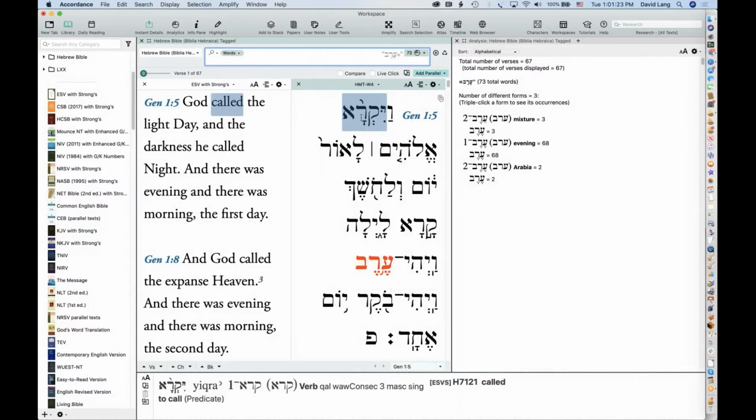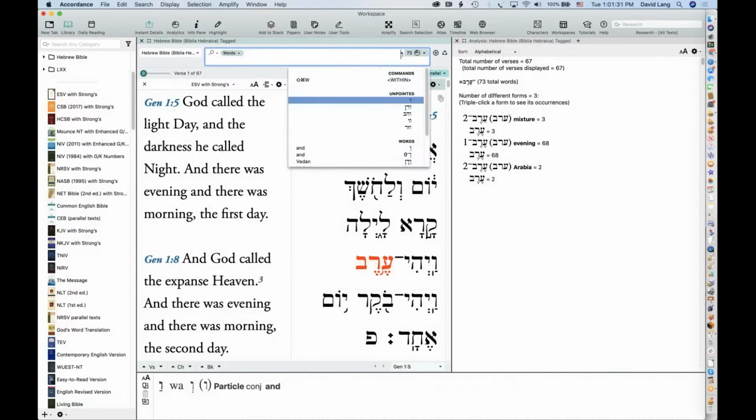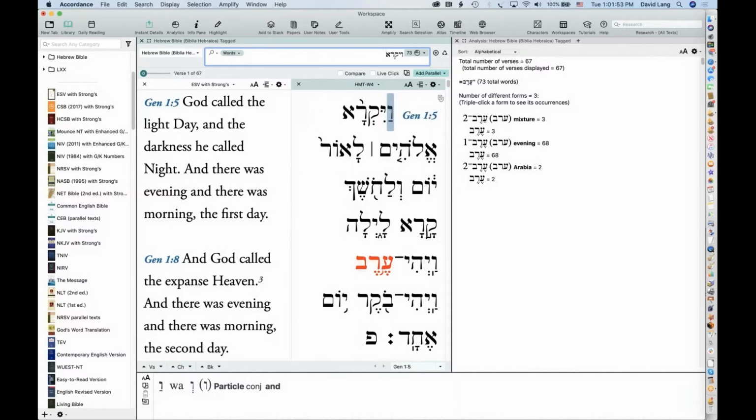For example, Vayikra: for the Vav, we use a W. And then for Yud, we use Y. Most of these are fairly easy to guess. For the Kof or Kuf, it's Q, Resh is R, Aleph is A, and so on. But of course, what do you do for Het? What character do you use for that, and so on? Some of those more unusual ones, less directly corresponding to English characters, how do you find those?